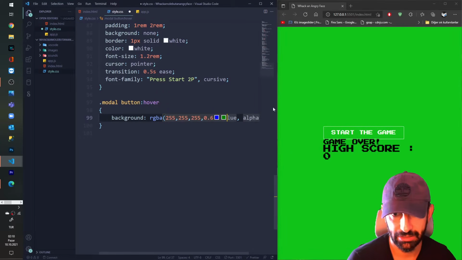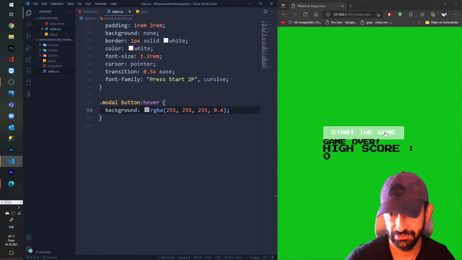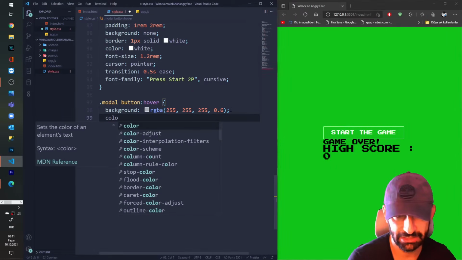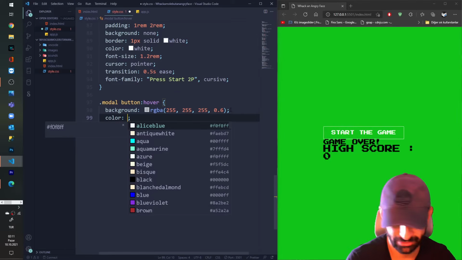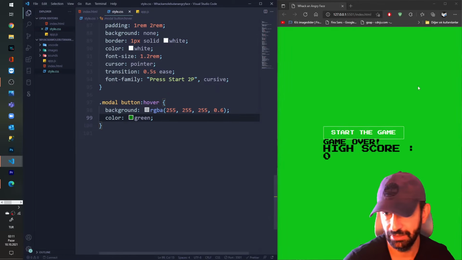Yeah, I delete everything here and press save. Okay, but I don't like the white color. I'm gonna give the text color, as soon as I go above the control, green. Yeah, that's better.